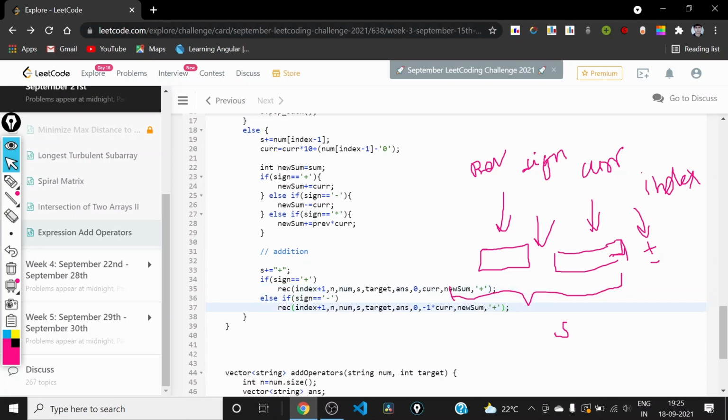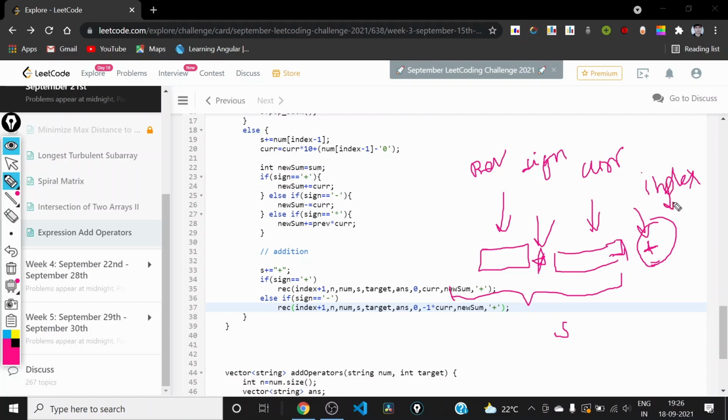And what if the sign was multiplication? In that case, if the last sign was multiplication and we are now having positive or negative here, since we are doing it for addition, we don't need to care about the previous.